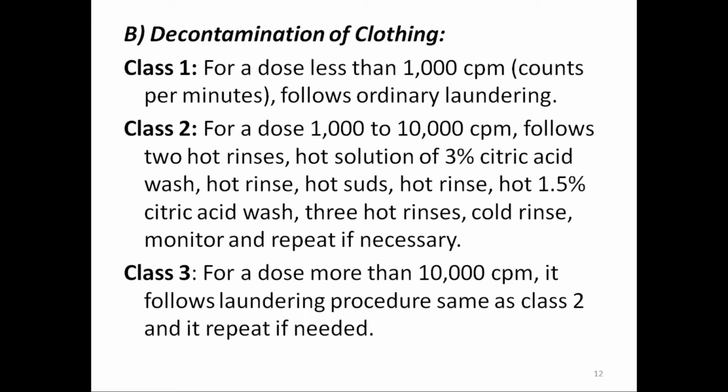If it is class 2, where the dose lies between 1000 to 10,000 cpm, then initially we follow 2 hot rinses, then a hot solution of 3% citric acid treatment, washing, then again hot rinsing, hot suds, hot rinse, hot 1.5% citric acid wash, later 3 times hot water rinsing, then cold water rinsing, and once again verify the amount of radiation emitted, that is a monitoring process,